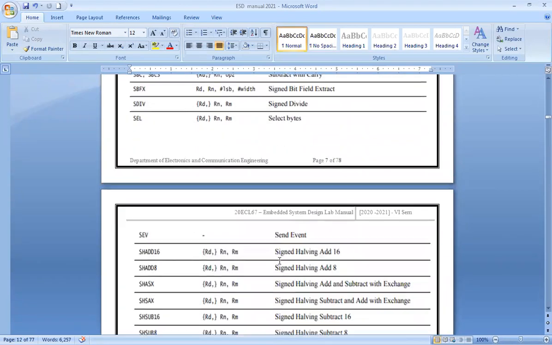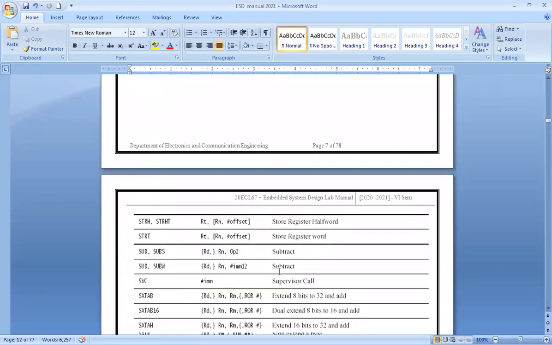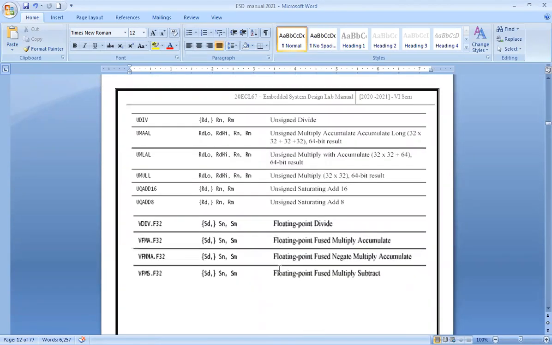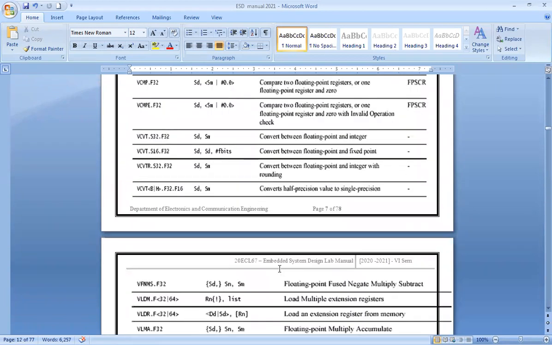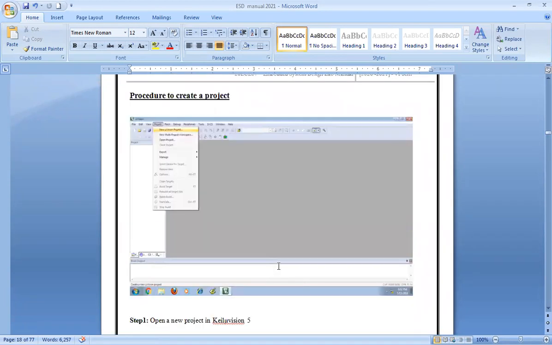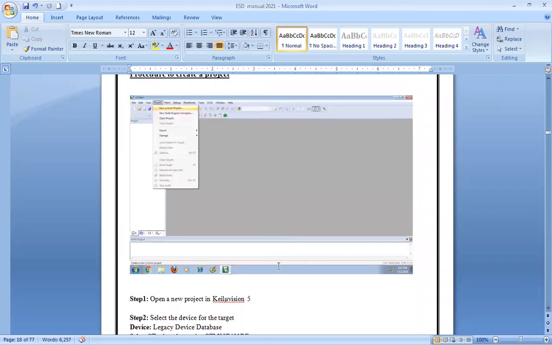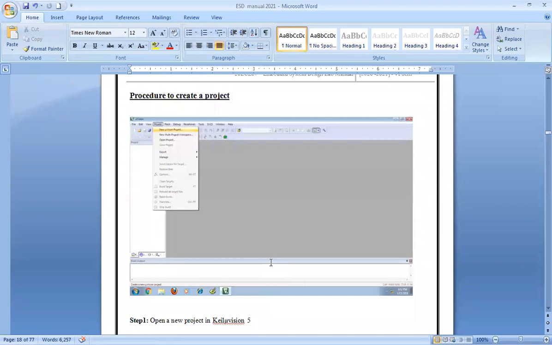In microprocessors, we would have used it a lot. Right? Okay, so these are all the instructions, and we will be using them extensively one by one. From here, it's going to be your Keil. And if you have installed this, I think quite a few of you already have it, right?